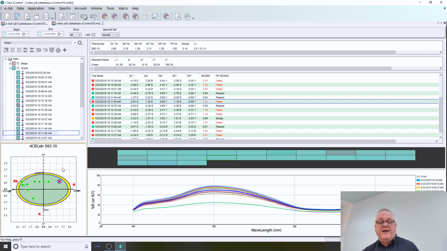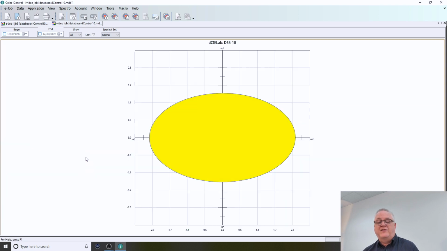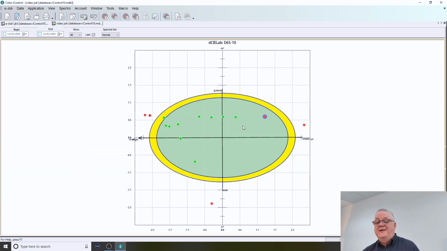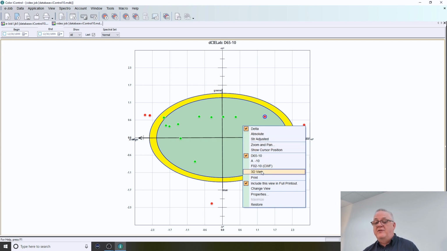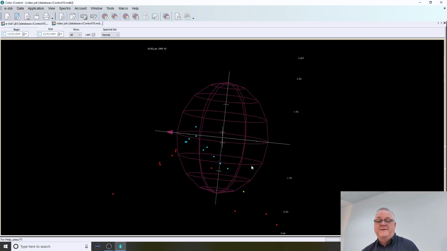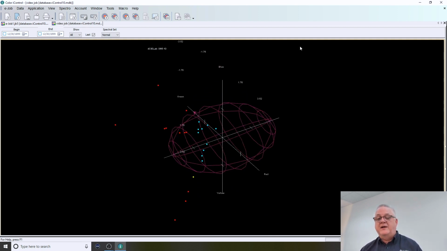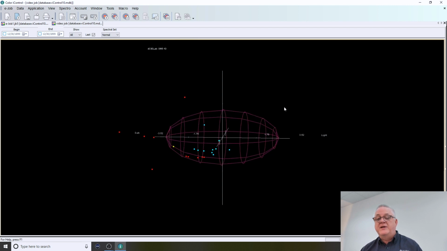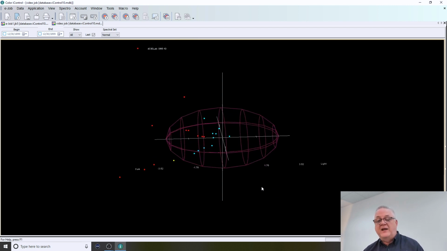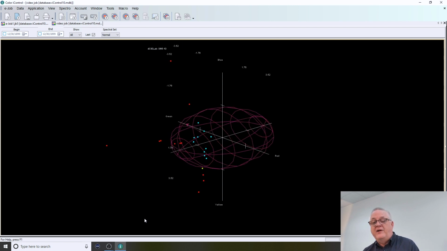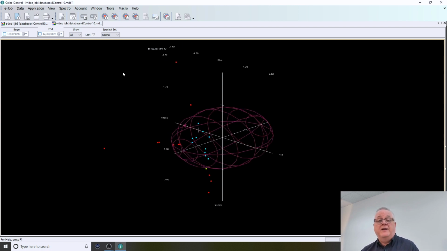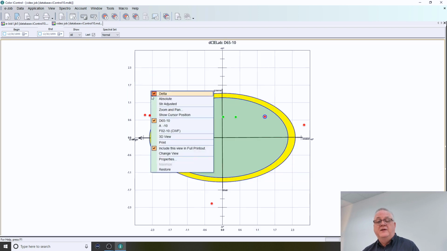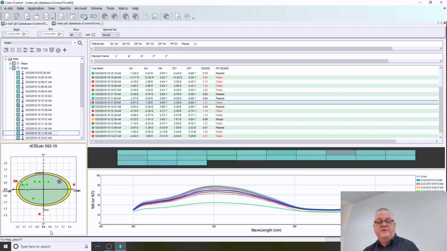So another way to look at that is we can right-click here and maximize this to make it even larger. And then to understand the 3-dimensionality of it, we actually can switch to a 3D view. The 3D view, in this case I have it set as a wireframe, and with my mouse I can click and rotate, and you can see samples that are passing, failing, margin, and so forth, 3-dimensionally. That can help you understand why the samples fall where they fall. All right, I'm going to go ahead and turn off the 3D and restore this back to its size.